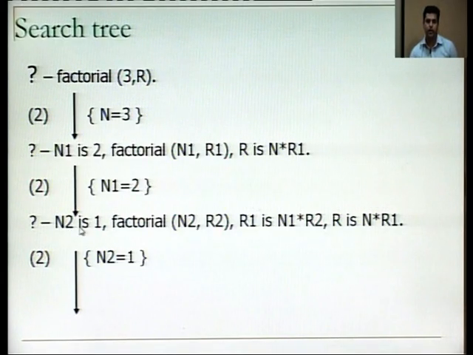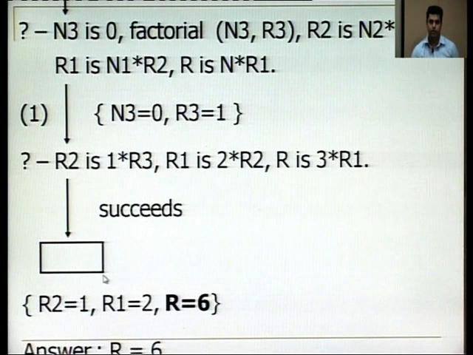Now, n2 is again n1 minus 1, 2 minus 1, 1, factorial of n2 is r2, r1 is n1 cross r2, and this remains as such. Firstly, it will execute it. It means the value of n2 has come as 1. It means n3 is 0, 1 minus 1 is 0, factorial of n3 is r3. These are the names of intermediate variables that you keep on incrementing with each and every call of the function. R2